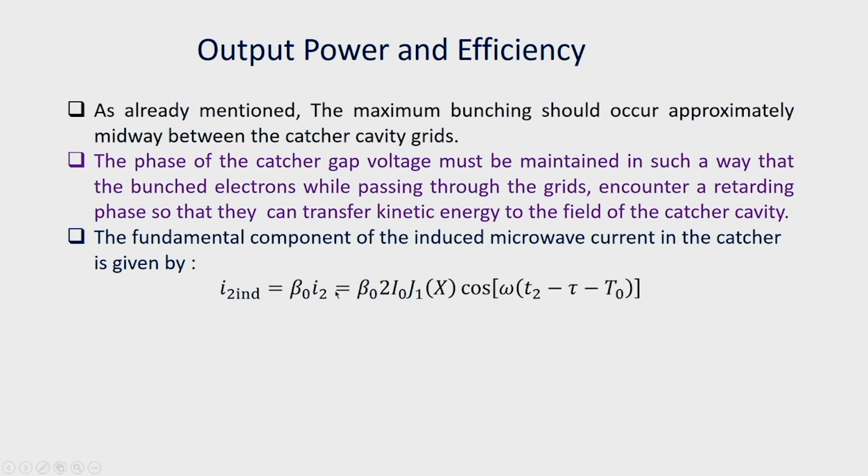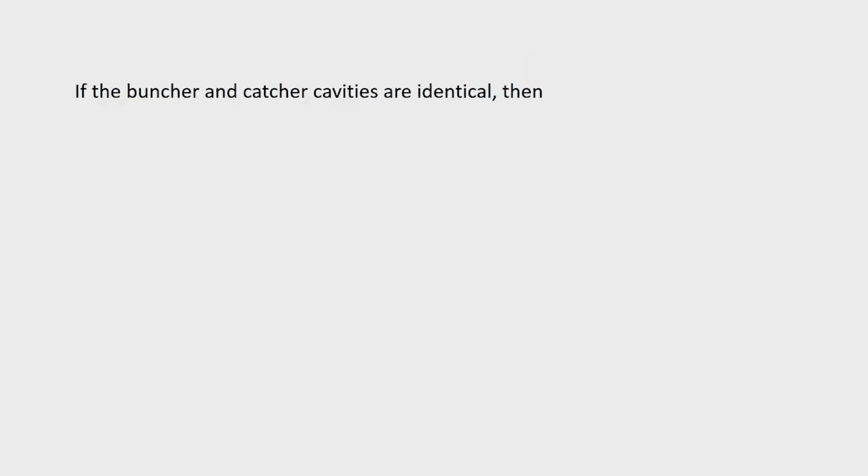I2 induced is equal to beta naught I2, which is beta naught 2 I naught J1 x cos omega t2 minus tau minus t0. Here beta naught is the beam coupling coefficient of the catcher gap. If the buncher and catcher cavities are identical, then we will have beta i is equal to beta naught,